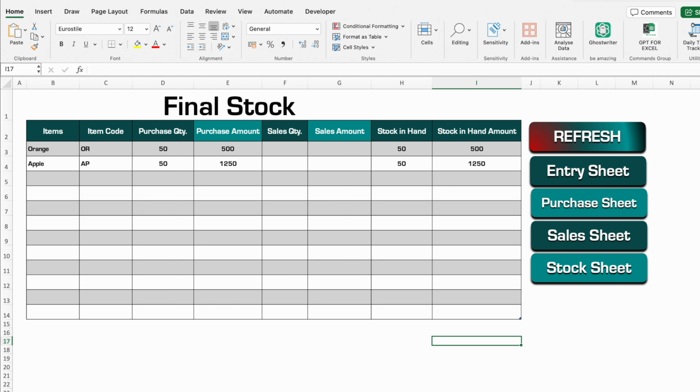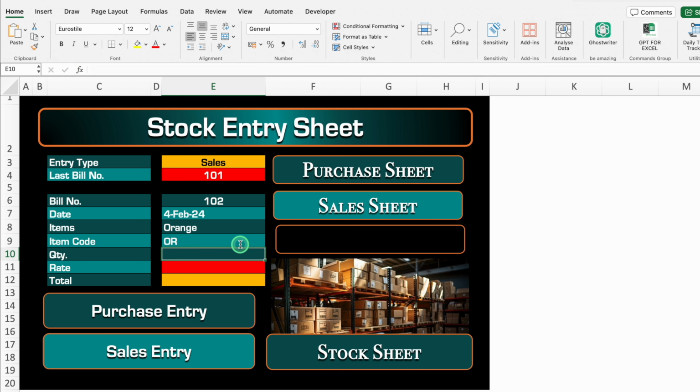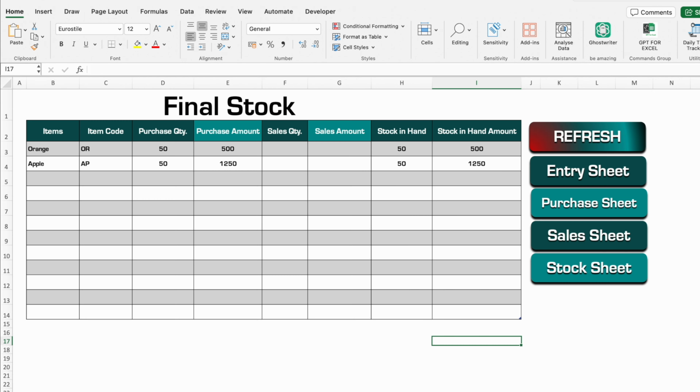I'll go to the entry sheet once again. We'll click over here and we'll select sales. Last bill number is 101. I'll put 102. Enter. We'll take some random date. Enter. Items, orange. Enter. Code, OR. Enter. Quantity, I'll put 100. Enter. As soon as I inserted 100, we got low or out of stock because currently we have only 50